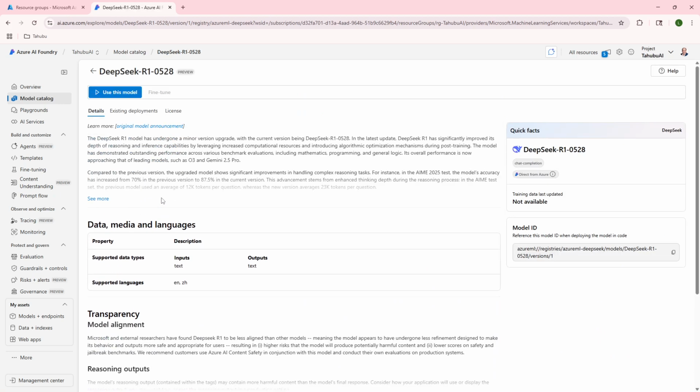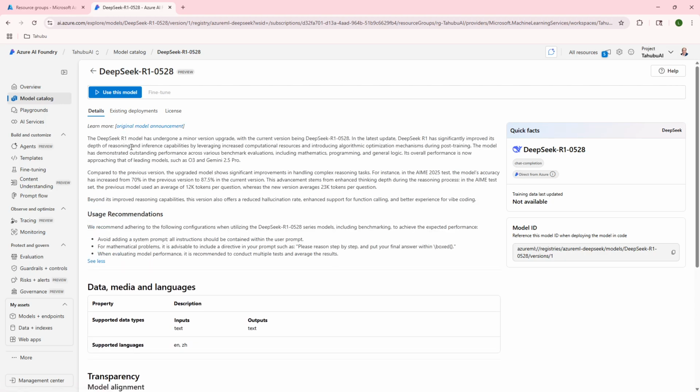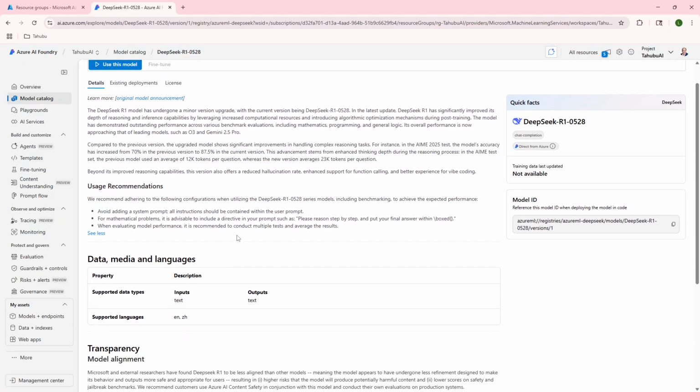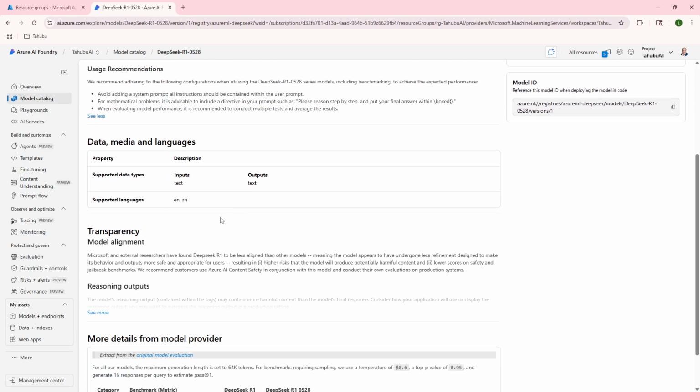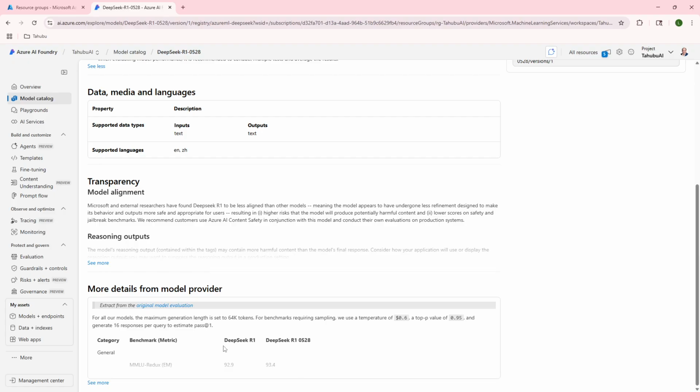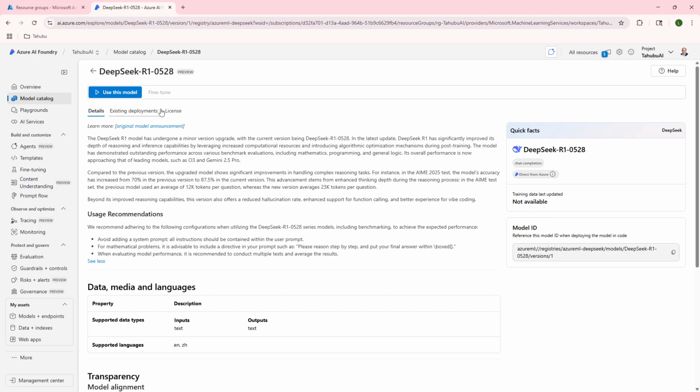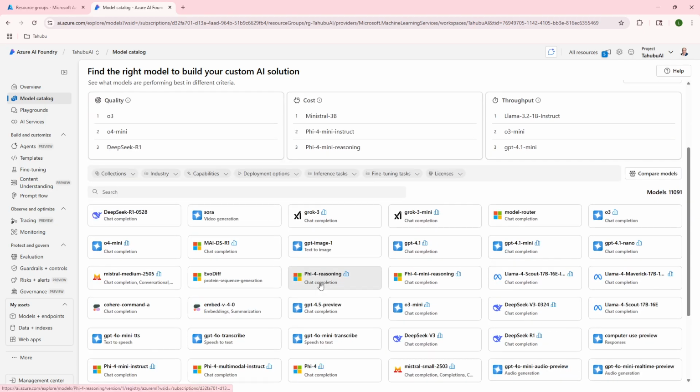So you'll be able to click on more here to see a little bit more about how it was trained, when it was trained, the percentage of quality. All of these things are available for you, even the supported languages, and whether it supports images and videos and audio. This one is text only. All right, let me go back a little bit in here, and let's take a look, for instance, at